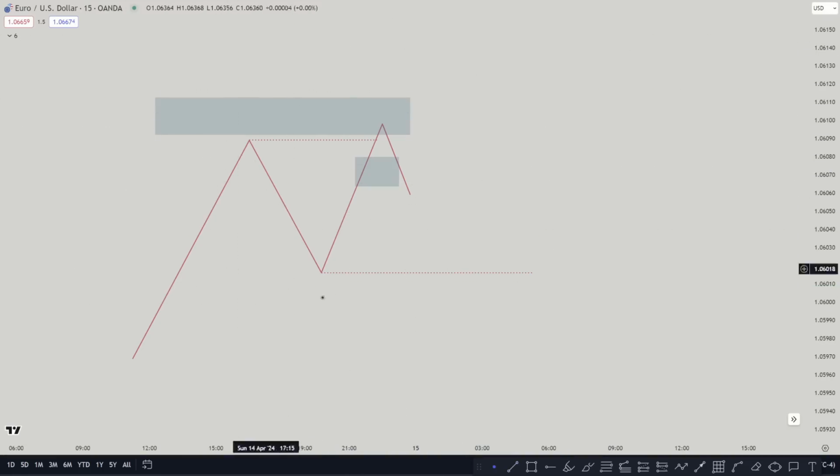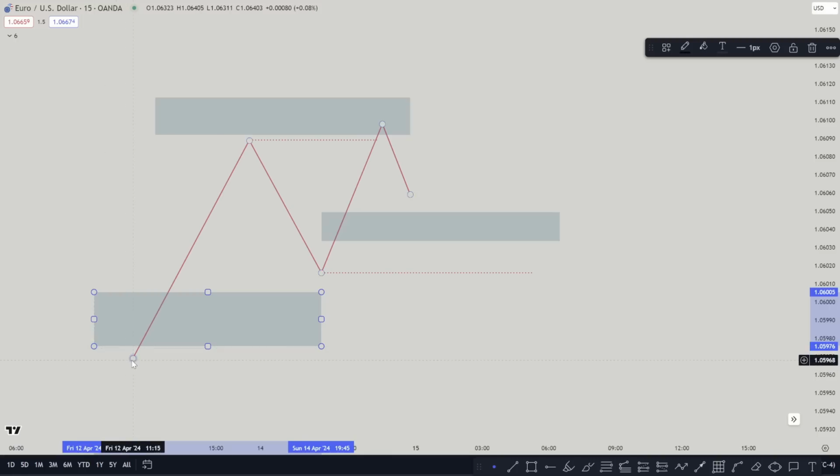So it's all based on the fair value gaps and the inverse fair value gap, and all based on the liquidity. So liquidity sweeps determine if we are having a fair value gap or if we're having another sweep. So that's one thing. Now another thing is that there is a fair value gap that is below that low. So even if we create another fair value gap, that's going to be used as